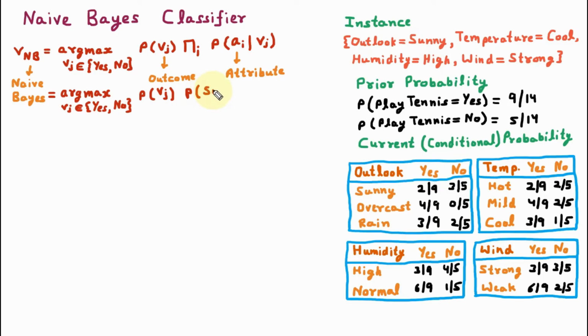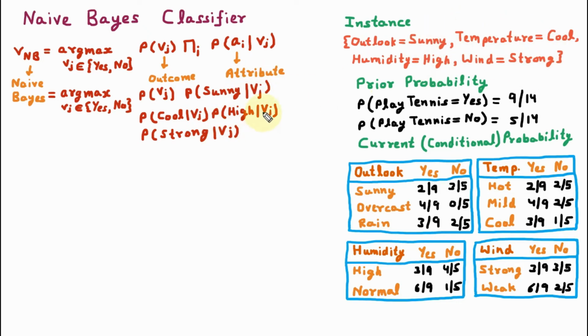So here we are writing sunny as attribute divided by Vj. Then the next attribute, because this is the product, so we are taking another attribute, that is probability of temperature cool, again divided by Vj. Then product of probability of humidity is high, divided by Vj. Then product of the next probability, which is wind equal to strong, divided by Vj. So this is the product, and here we have taken the product of all the probabilities of sunny, cool, high